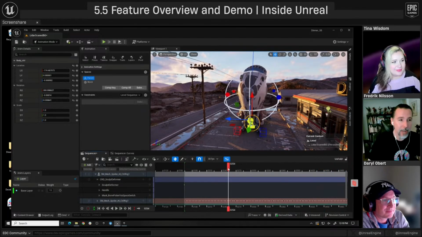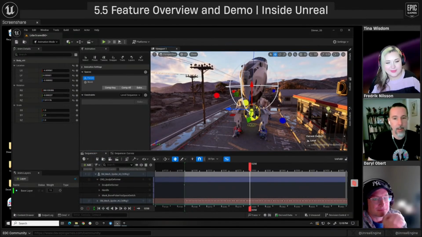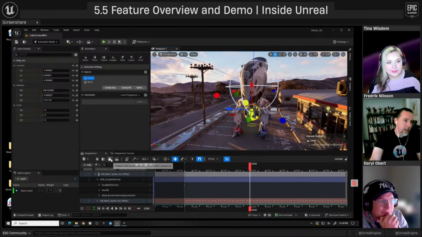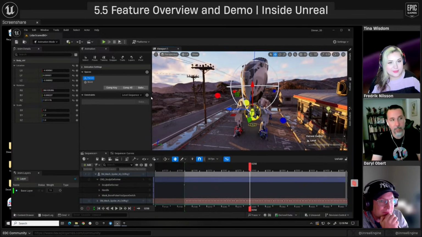I don't render much. When I animate in Unreal, I really don't render. I don't do playblasts. I don't need to. I can be in this environment and just animate and hit play and look at the results. There are times where you might need to render, of course, and we have tools for that. We have rendering tools that you can definitely dump videos out. But I just want to show I don't typically do that. I just hop into the environment, I add the rigs, and I start animating.